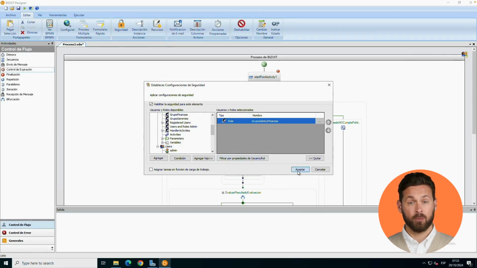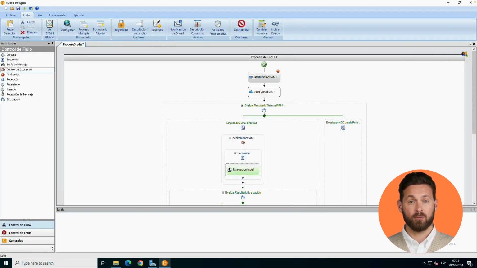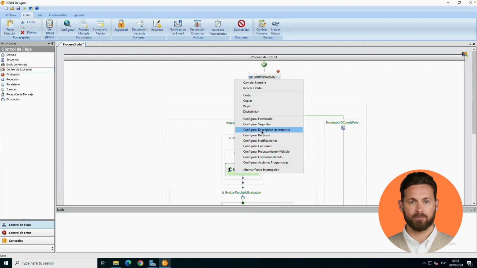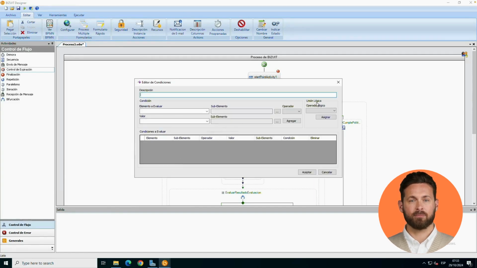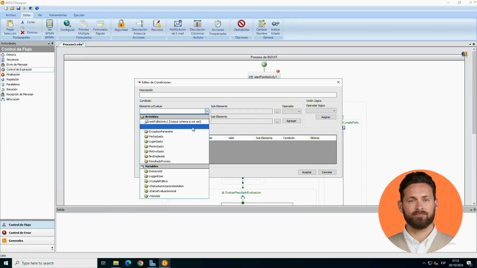It is also possible to establish dynamic rules to define who receives the task. For example, if the customer is from Argentina, assign the task to the finance manager in Argentina. If the customer is from Spain, assign the task to the finance manager in Spain. In our case, we could say that, for example, if the amount of the expense is greater than 1 million,